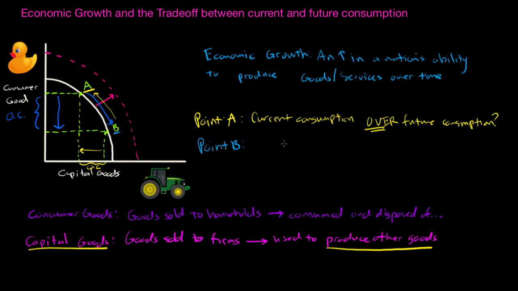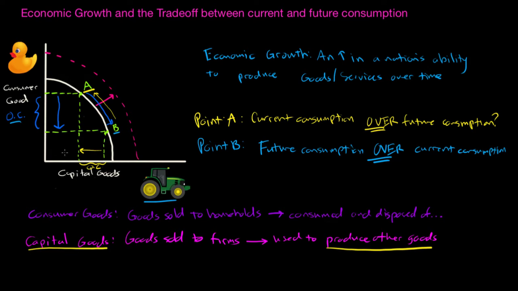If society chooses to allocate more resources towards capital goods today, society is choosing future consumption over current consumption. What do we mean by that? By allocating more of its scarce resources towards capital goods and tools and equipment and technology that can be used to produce other goods today, society is giving up the current consumption that it could enjoy by producing more toys